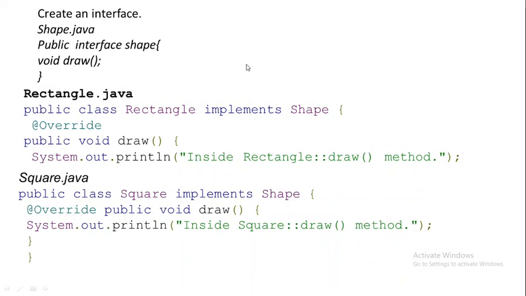You see the program in Java. Create an interface. So Shape.java, public interface Shape. You know about interfaces. So void draw. So the draw method is a null method, a part of interface Shape. Now create another program, Rectangle.java. So small program. So Rectangle extends Shape. It is an interface. Interface means implements.